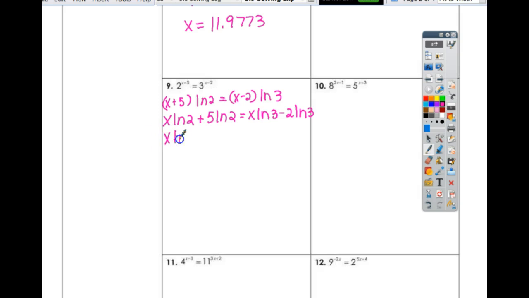So I'm going to have x ln of 2 minus x ln of 3. And then I'm going to have this one, and I'm going to subtract this one. So I'm going to have minus 2 ln of 3 minus 5 ln of 2. So there's a lot of writing, but nothing hard. All I did is flip the sides. So here's the last thing we're going to write out. On this side, what do they have in common? X. So I'm going to take x